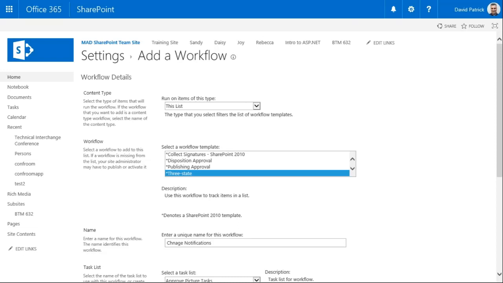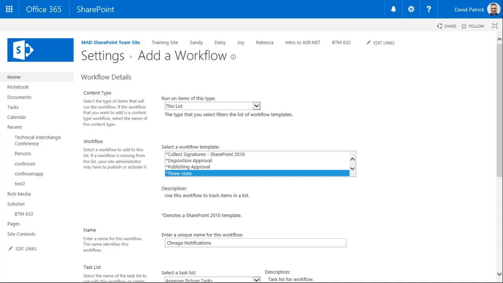My favorite hidden feature in SharePoint is the 3-state workflow. You might ask, what is that? I'm glad you asked. The 3-state workflow is on an issues list. So if you create an issues list and you stop there, you're half done. You didn't finish creating the issues list. There should be 2 steps, and it should be in the documentation: first, add an app, issues, and then second step, add a 3-state